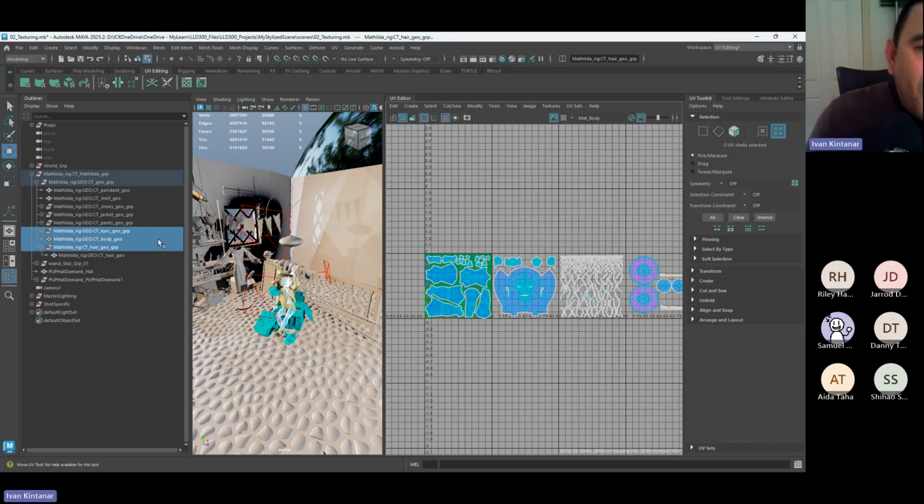So we will paint then the textures. That's right. So you'll paint the textures inside Substance Painter, but you have to organize the materials first. Otherwise, texturing in Substance Painter will be very problematic if you don't organize your materials properly. If you don't believe me as well, you can try it without organizing your materials and your UVs, and then